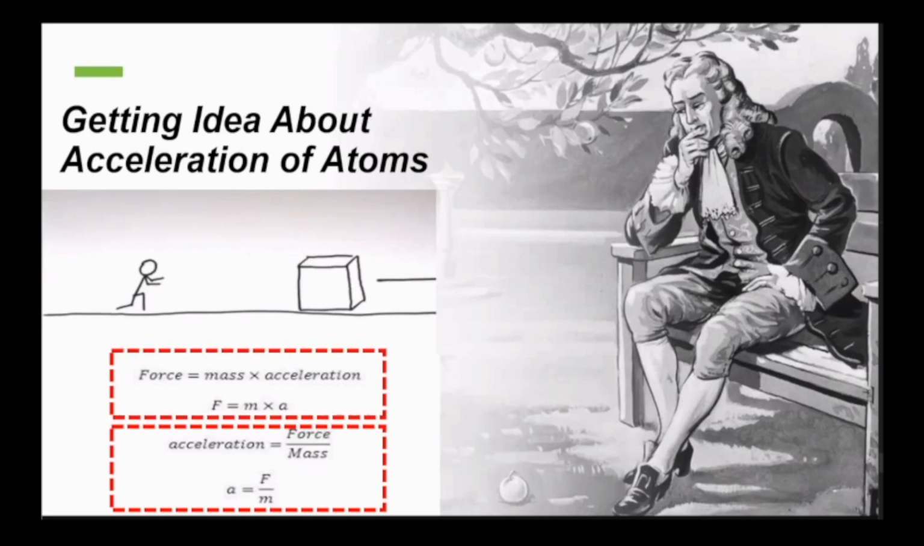We can calculate the acceleration. And if we can calculate the acceleration, it means that we can predict where the atoms will be after a certain period of time. Please remember the same example which I have quoted earlier: if you are driving a car with a 100 kilometer per hour speed, and we know where you are right now,